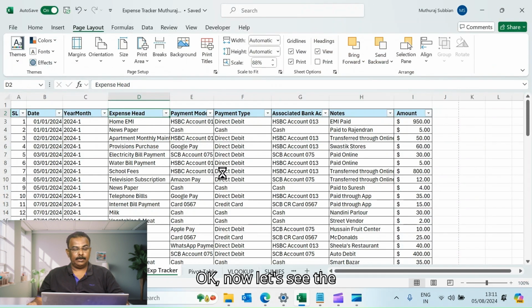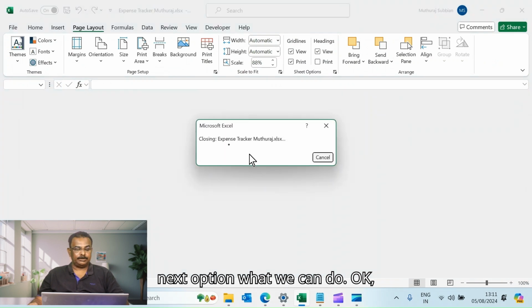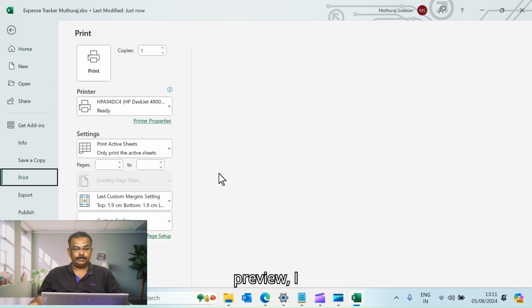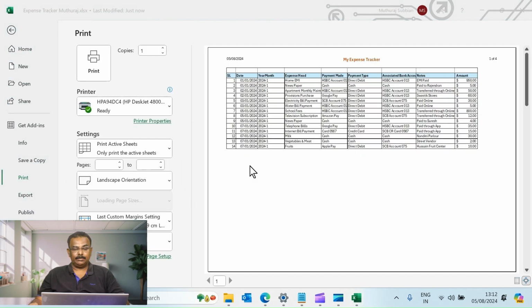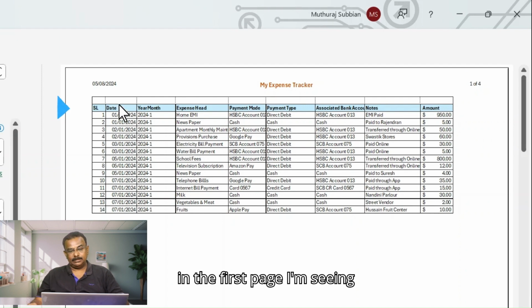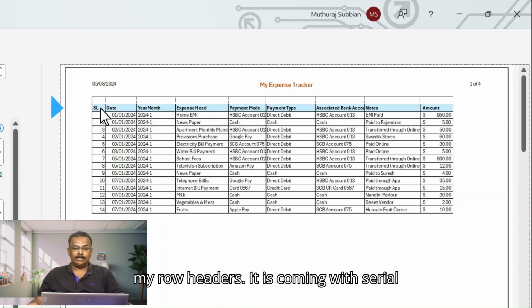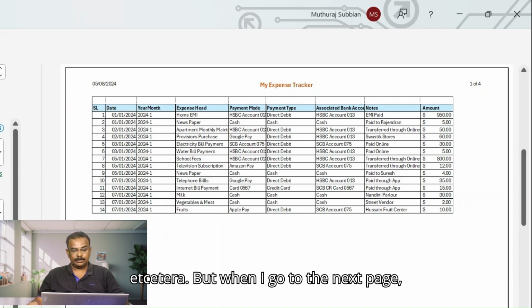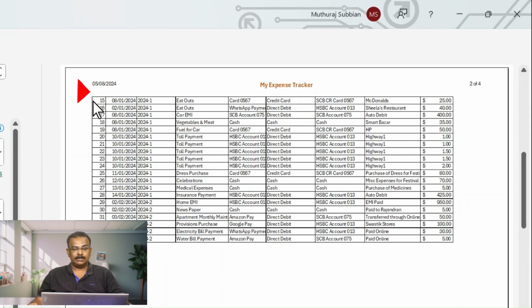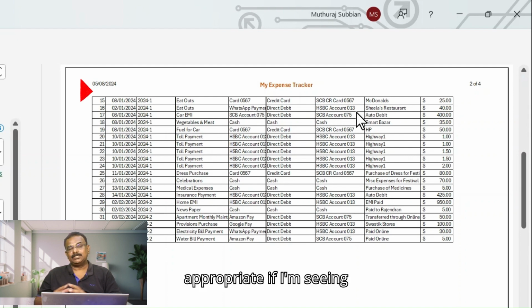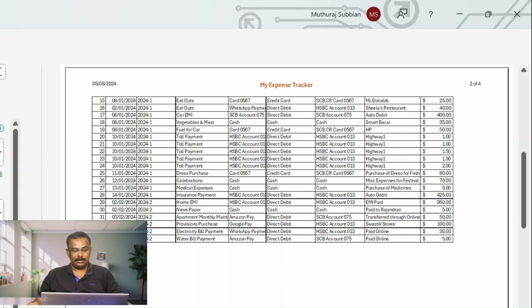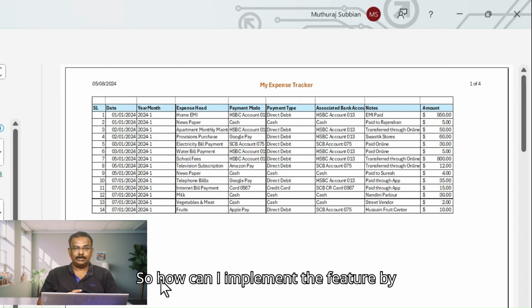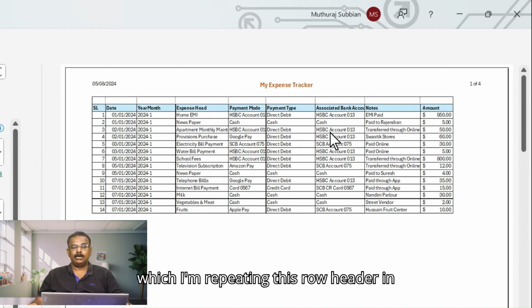Okay. Now, let's see the next option of what we can do. When you open the print preview, in the first page, I'm seeing my row headers. It comes with serial number, date, year, month, etc. But when I go to the next page, I don't have the header. So it is appropriate if I see the row header in every page. So how can I implement a feature by which I'm repeating this row header in every page